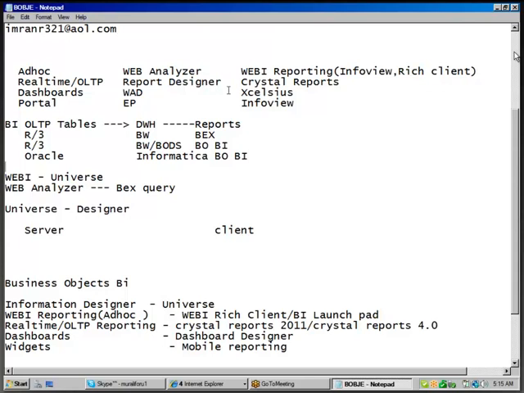And SAP has separate tools to create ad hoc reports, real-time reports and dashboards. SAP has a tool called Web Analyzer for ad hoc reports. For creating real-time reports, they have Report Designer. For creating dashboard reports, they have WAD. In BO, for creating ad hoc reports, we have a tool called BI Launchpad or Rich Client. We have 2 tools for creating ad hoc reports in BO.